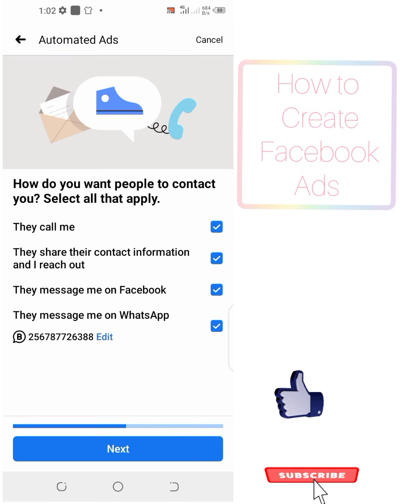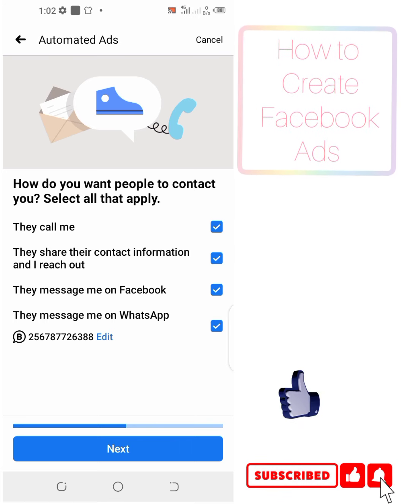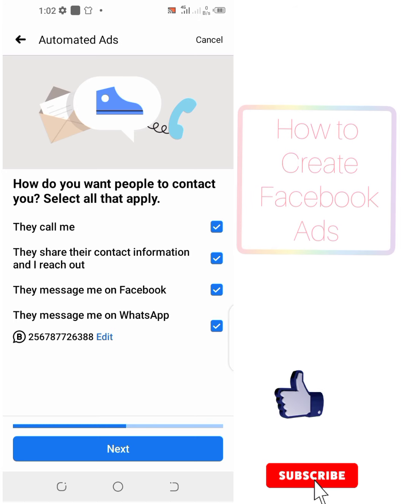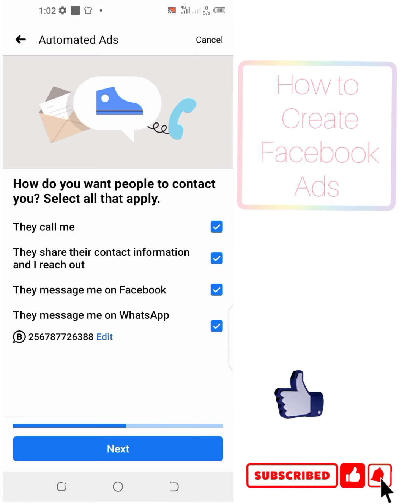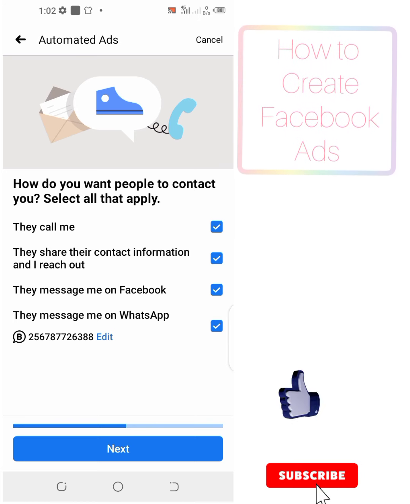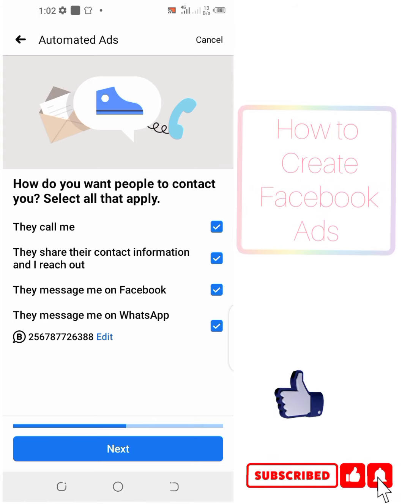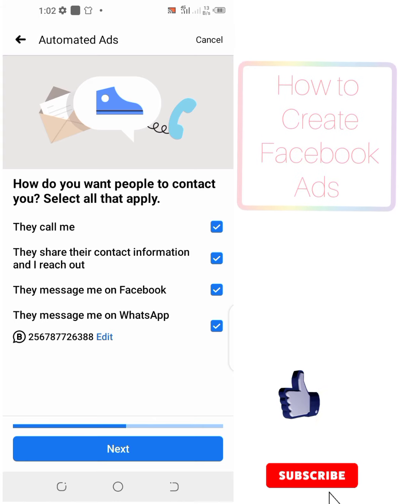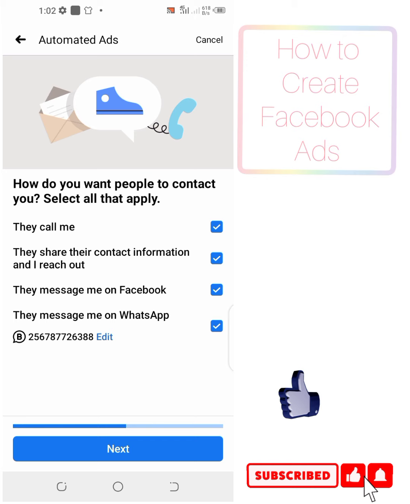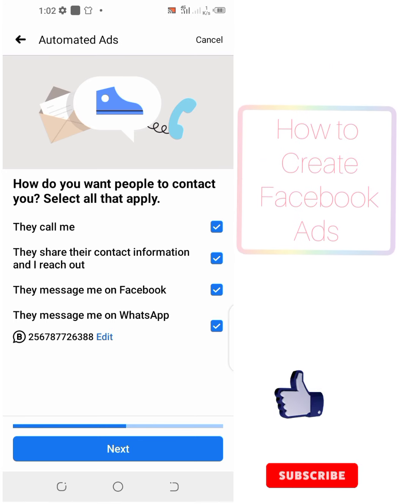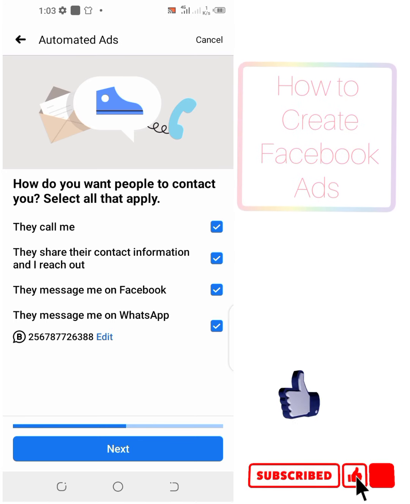Now, how do you want to be contacted? Because there are many options here. They call me, they share your contact, they message me on Facebook, they message me on WhatsApp. You choose. Of course, for WhatsApp, you must have connected your page with WhatsApp. But if it's not there, you will be able to connect it. So next,